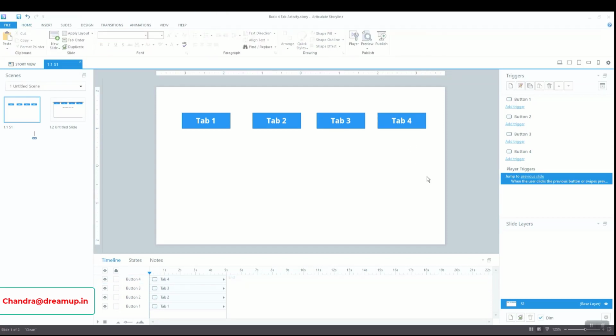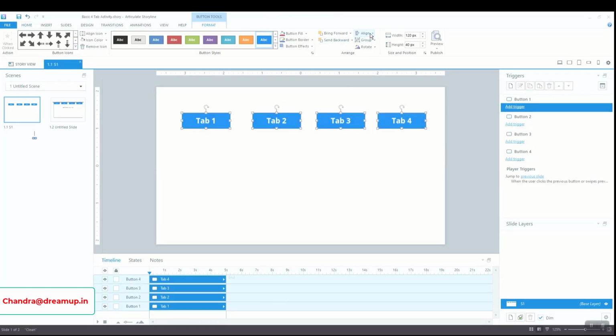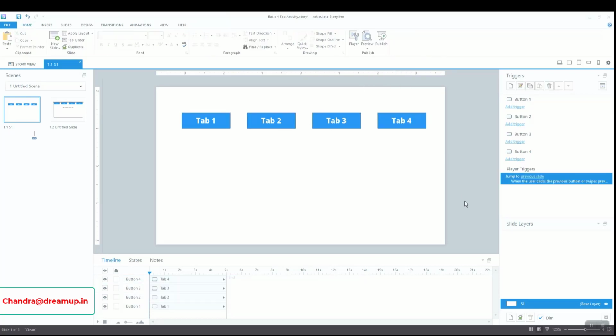So this is the 4 buttons we have now. I just want to align them and distribute them, so they are now distributed, and they are on a top align as well. So we have a second approach, the same approach that we followed for the first example. We can create this with the help of